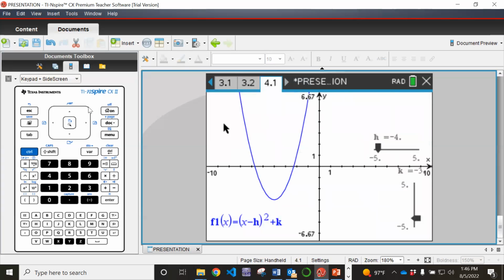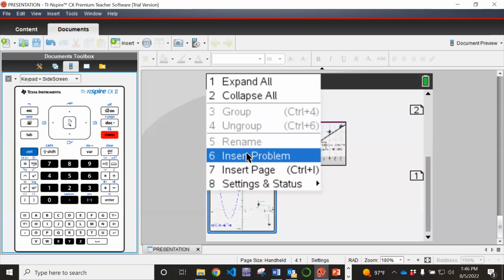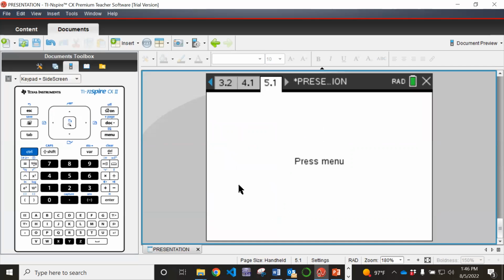Jump over here. When I go Control up, I see thumbnail sketches of all of the pages that I have open. And one of the things I can do now, again under menu, is tell it to insert a problem. So when I insert a problem, here's a new problem. This problem won't communicate with any of the other problems that we had above. All right, so let's go ahead and